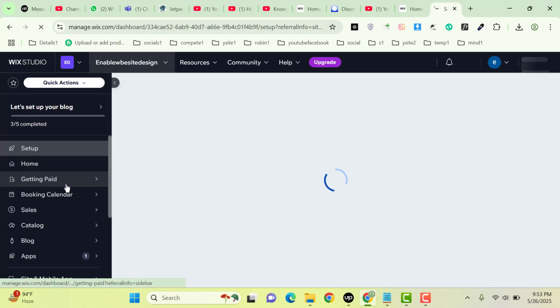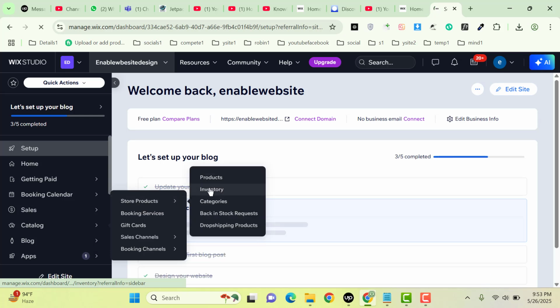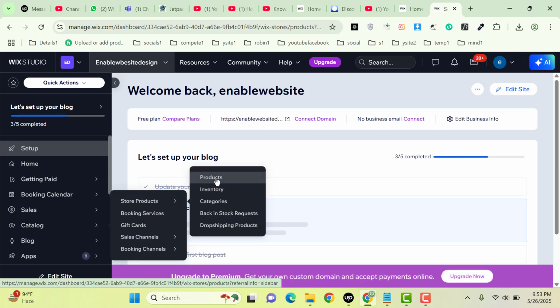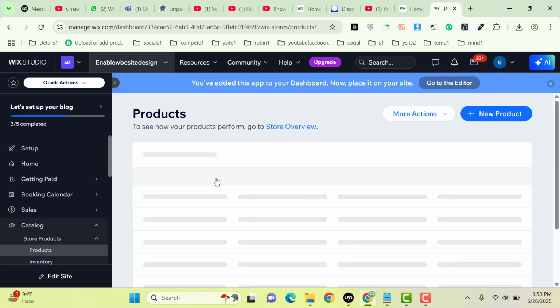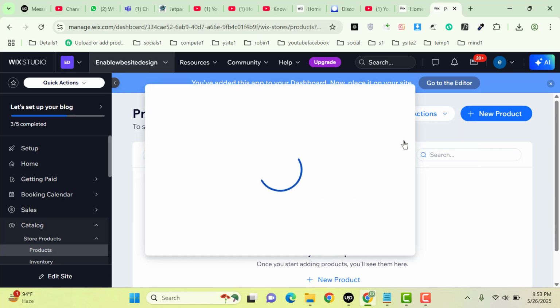Now let me go in the catalog section and then store products, then click on the products. Now here you can see more actions. Click here and import,